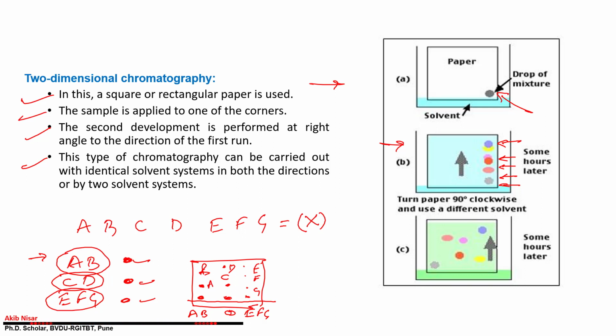First you have to take the paper, you have to make only one spot, and after running that one spot, when you have different types of spots separated out, then again you have to tilt it at 90 degrees. Sometimes you don't have to change your solvent, but sometimes you have to change your solvent, depending on your solute. I am again telling you. Now you will see the different chromatograms separated here. So this is the final type of paper chromatography: ascending, descending, radial and two-dimensional.